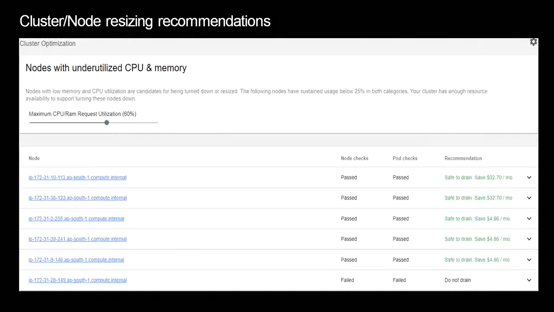In this slide, as you can see, it provides some recommendations. If you have some EC2 instances which are over provisioned, which are not getting utilized to the full extent, you can use the slider on top to make sure that you have a headroom. Let's say any instance that is not utilizing at least 50% of the resources for CPU and memory, you want to just drain that instance from the Kubernetes cluster. So we can use this slider to gauge the proper number of instances and how much savings you will get. This is also reflected here.